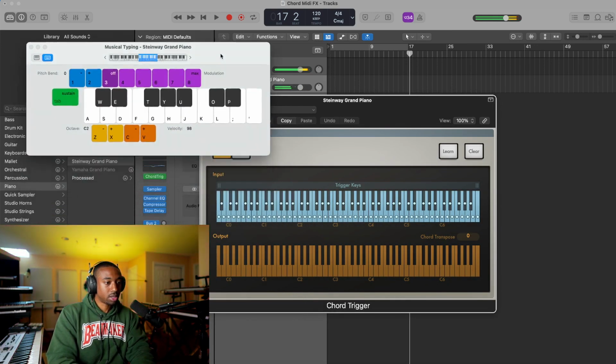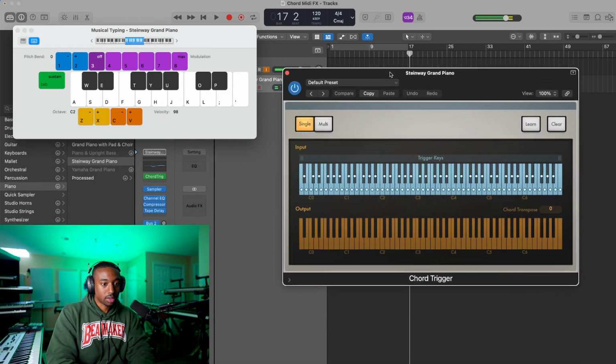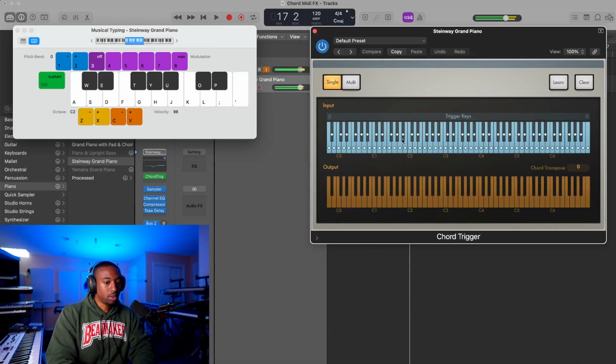Okay, now I'm going to try to show both screens here. Okay, so as I play, you can see these little blue dots represent the notes that it's playing, okay? So right now it's playing C minor 7, it looks like. So C, 0, 1, 2, 3, 4, 5, 6, 7, 8, 9, 10. Yeah, it's a minor 7th chord.